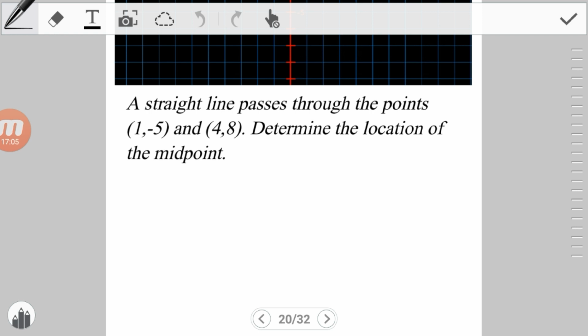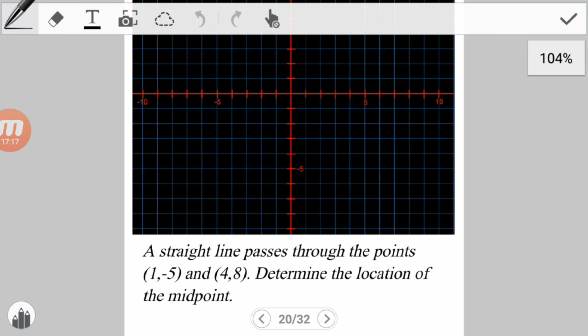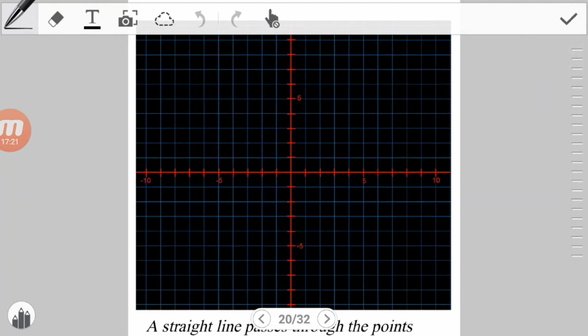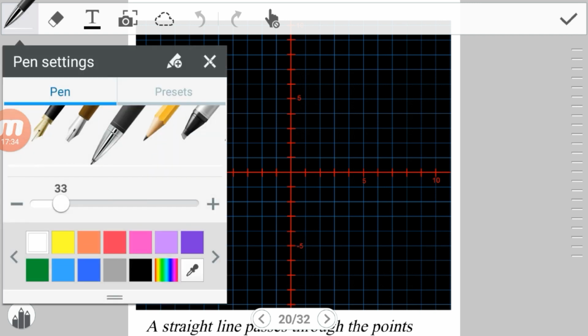So in order for us to determine the location of the midpoint, we are going to need to plot the points on the graph, and then we're going to calculate where its location is and then locate it on the graph. So 1, -5, we already know how to plot points from the previous tutorial, part 1. So 1, -5, so that is 1 to our what? Right, and 5 down, that's 1, 2, 3, 4, 5. So I would be at this location here,